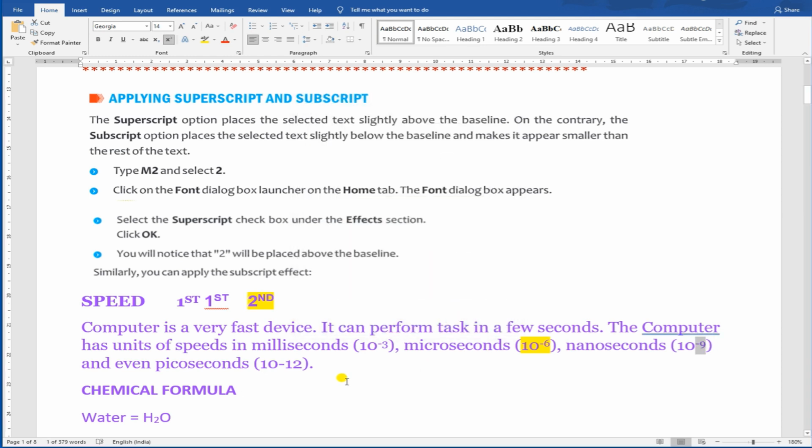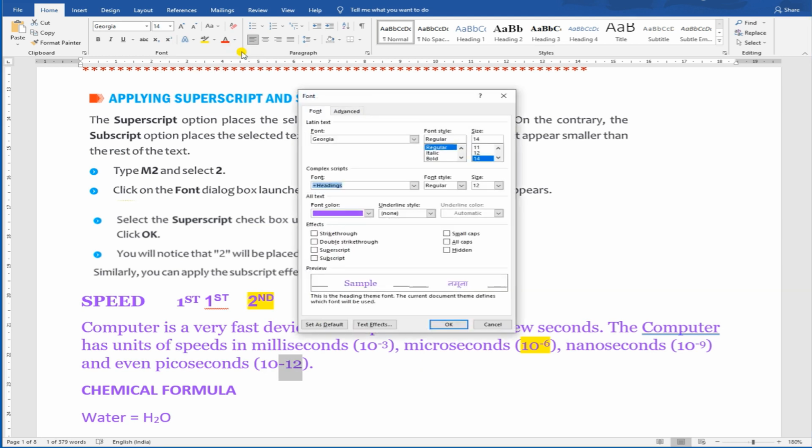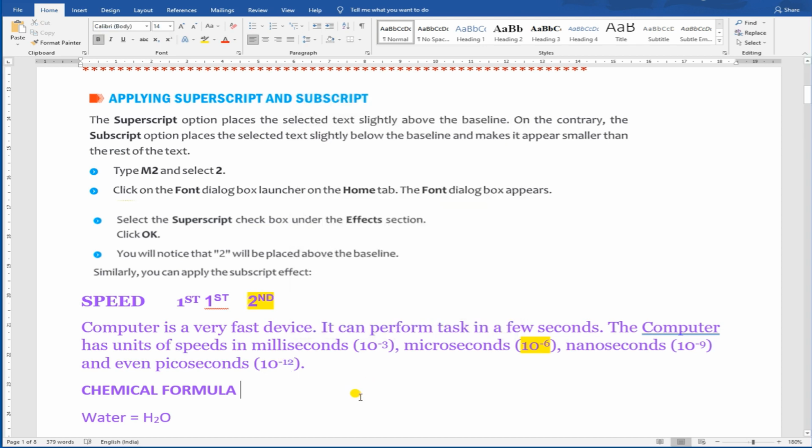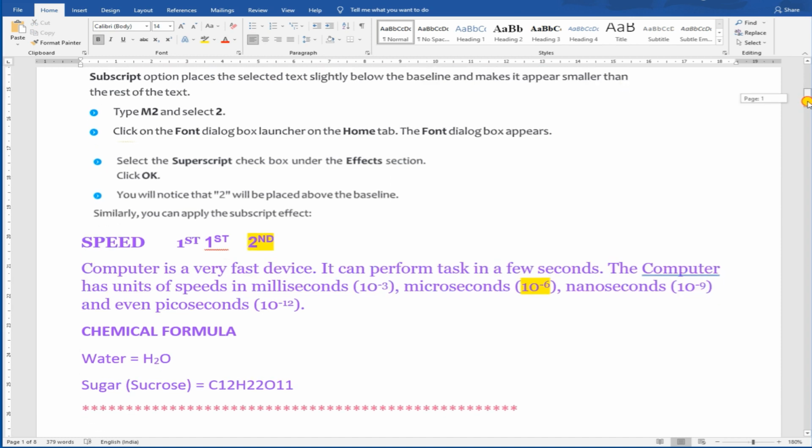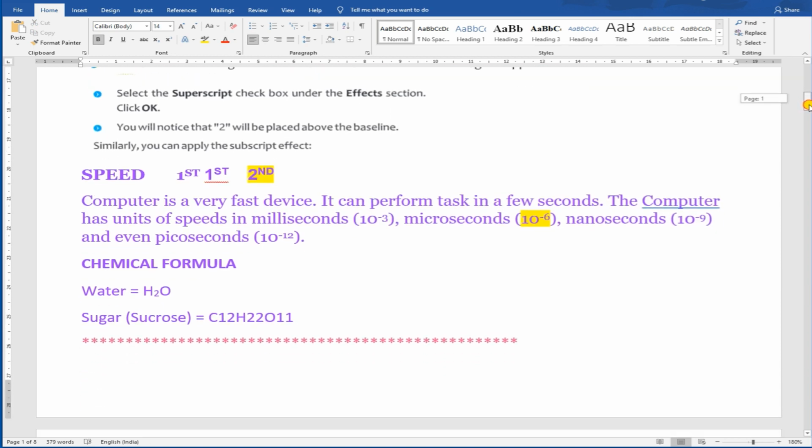Okay, I'm going to show you once again. Select minus 12. Either you can do it from here, or you can launch the dialog box. Select superscript and click OK. So this is superscript. Now I'll show you how to make it subscript and what is the use of this